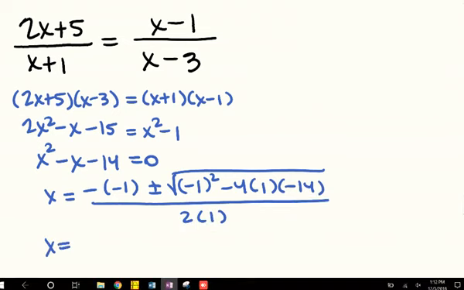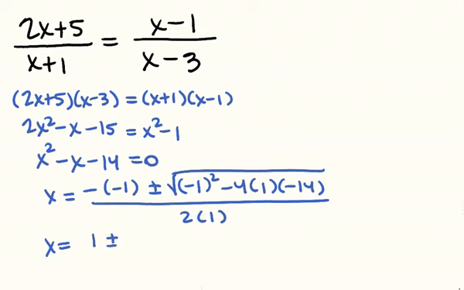So that's going to be 1 plus or minus the square root of 1 plus, that looks like 56, so square root of 57 divided by 2. And that's as far as I'm going to be able to go. That's all I've got for you today. I just want to remind you that, you know, sometimes these things could work down and then require use of the